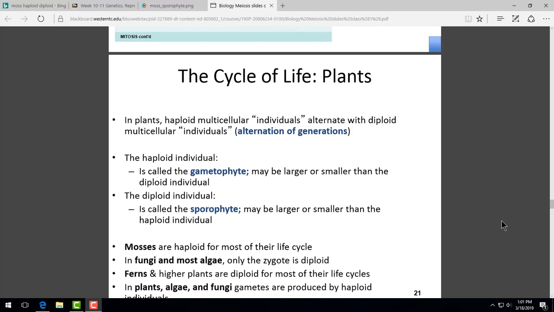In animal cells, individuals are diploid. All of the life cycle is diploid. And it becomes diploid by the process of fertilization or conception, when we have sperm and egg coming together, which are each haploid. So you have N plus N combining their nuclei to form this 2N single-celled structure, which we call